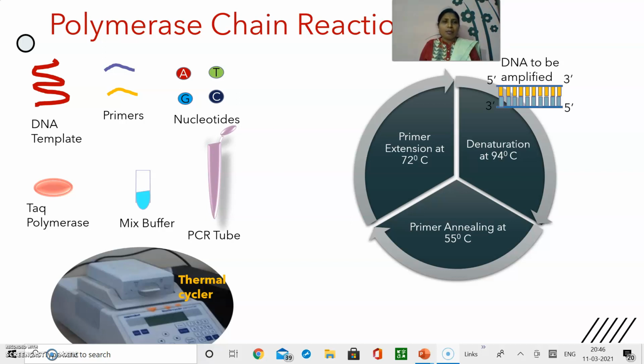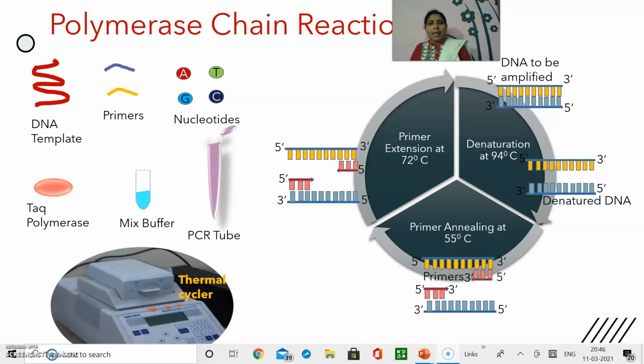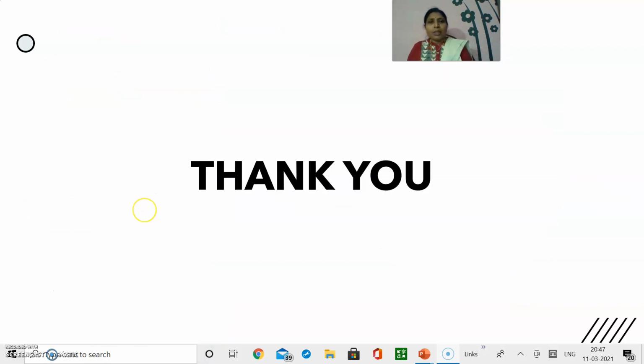So the DNA to be amplified will be denatured, forming two templates. Onto the two templates, a primer gets attached through Brownian movements. Later the Taq polymerase comes and attaches. The Taq polymerase continues the extension process, forming the total DNA by its polymerization activity. The Taq polymerase works best at 72 degrees centigrade. After this, again the two strands will continue into the next cycle.